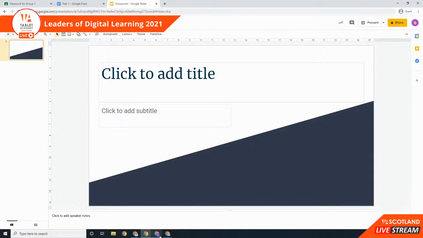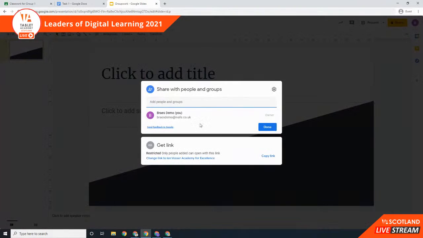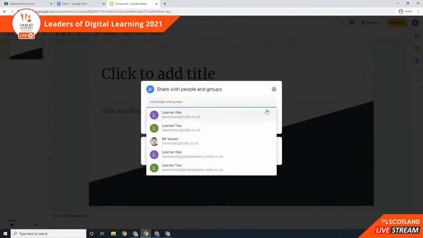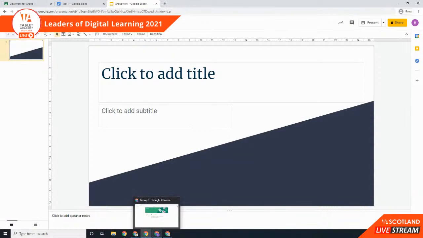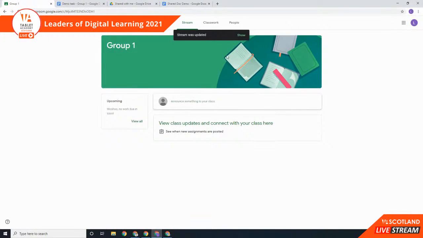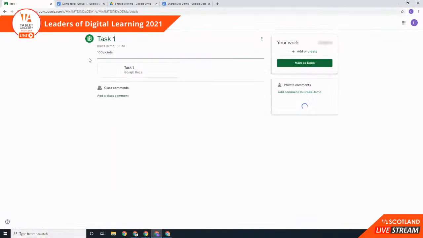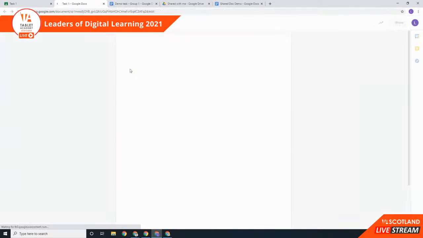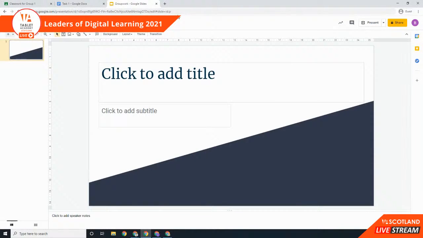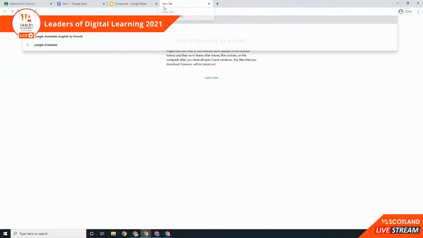So now hopefully if I go in or back to the shared option, I should be able to go in and see those documents as the learner. So go in, see my task 1 document. So that is quite a nice way to be able to share documents with groups of children and also share documents with individual learners. Now, if I go back into my teacher account here,